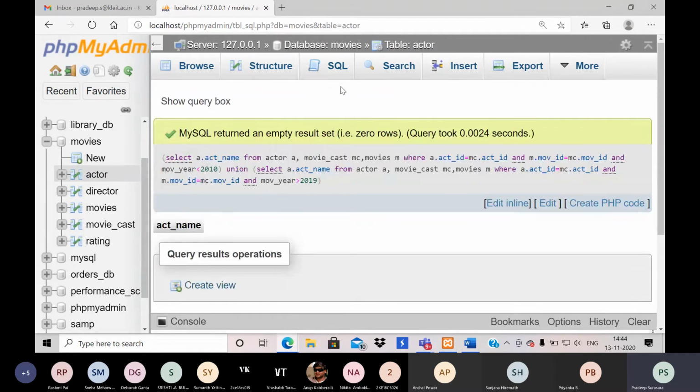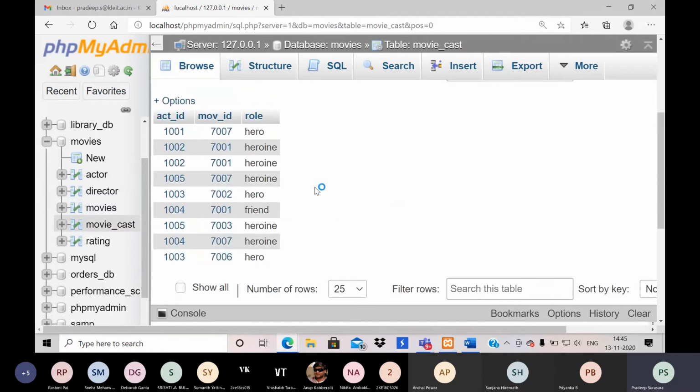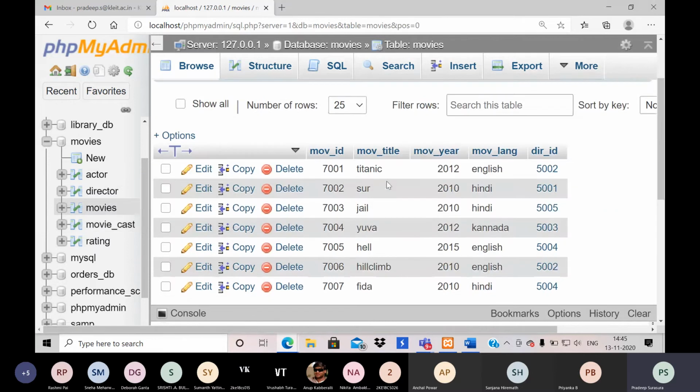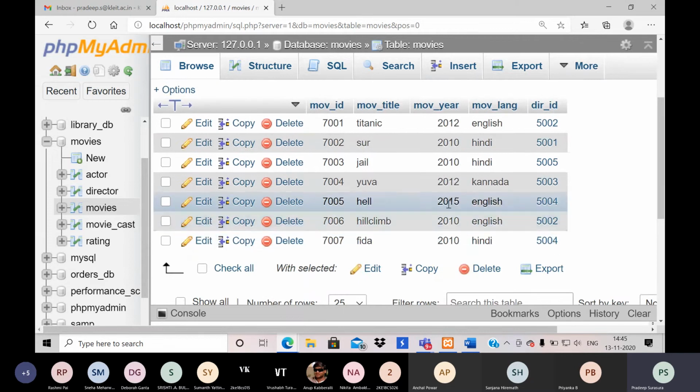Again it is a 0 because you don't have the values acting as one person in the movies. In the movies I observed that all the movies are of 2010 and 15.